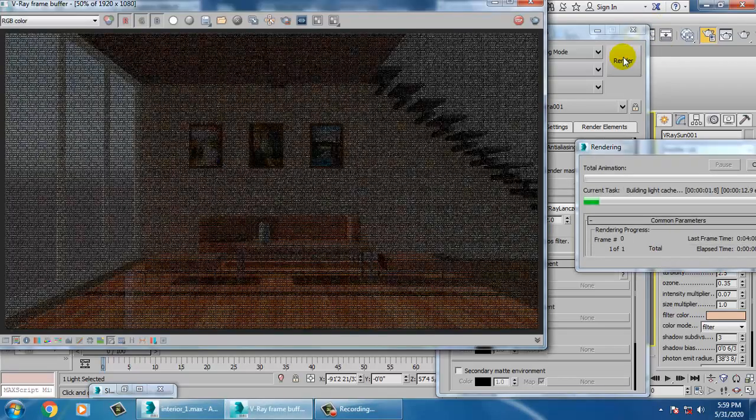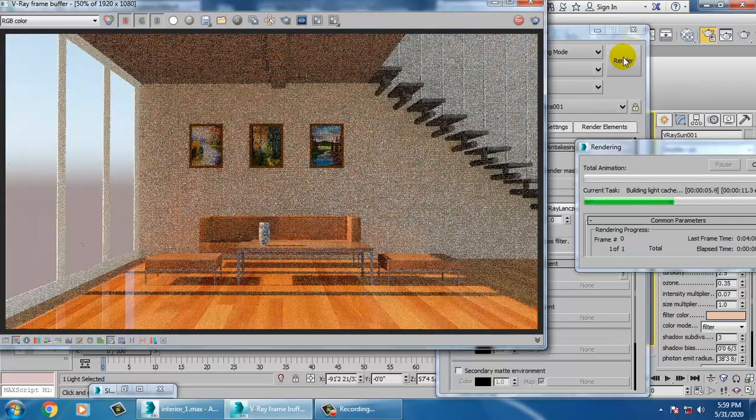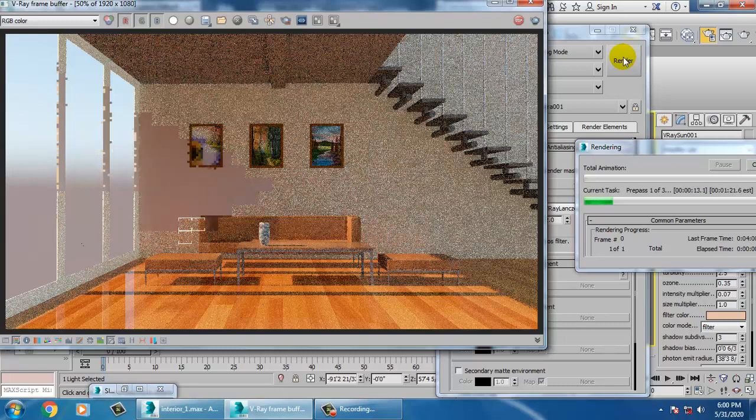So now as you can see, as you have turned off the GI environment, you can see the difference. So this is a V-ray sky which we have assigned in the background. So definitely we can place something in the background. So let it render first.